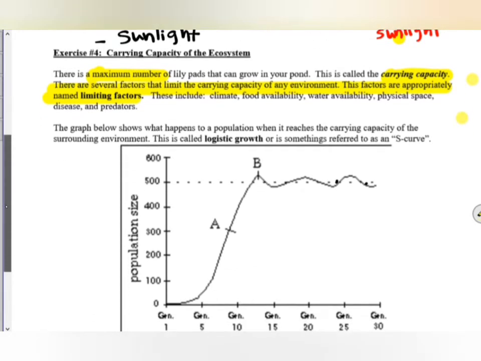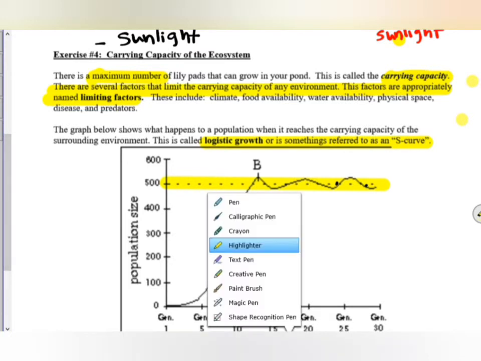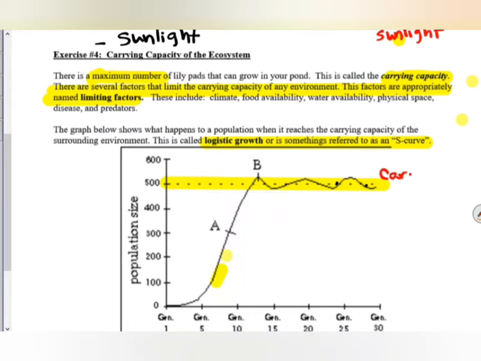Your carrying capacity on this graph is right here. This graph is showing what it looks like when populations stop growing. It's called logistic growth, but it's also called the S-curve. That's even harder than the J because it's really hard to see the S there, but it's called an S-curve sometimes. You can kind of see it. So this point when it levels off, we're going to go ahead and label it, and then we'll answer the questions. The point where this levels off is called the carrying capacity. So that's the max number of organisms